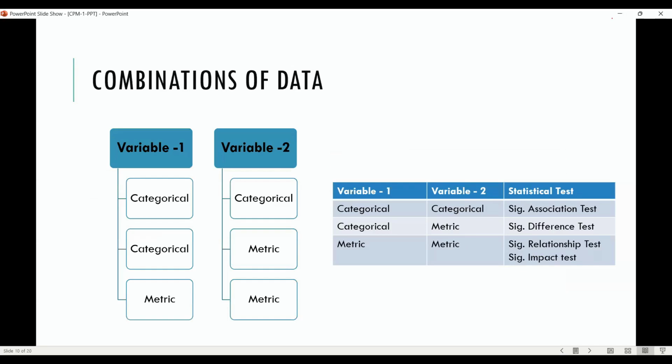So now you may have a question. I understood there are only 2 different types of data, and I understood it is for these 5 reasons we are doing the entire statistics. So now, how do I identify what kind of test I need to employ? Because most often the researchers get confused that significant association test and significant relationship test are one and the same. Actually, they are not. Logically speaking, they are completely different, and at the foundational level, they are very, very different.